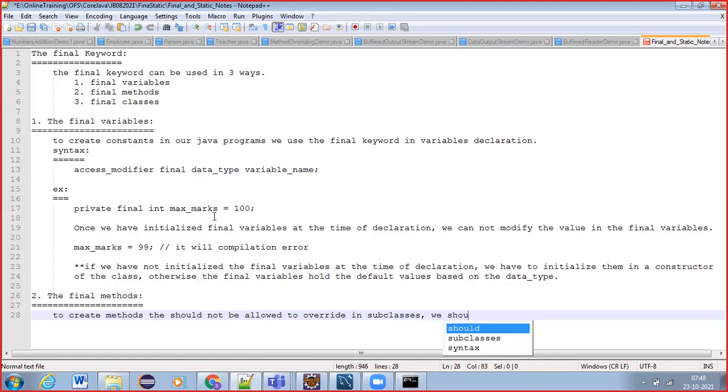We should declare those methods as final methods.